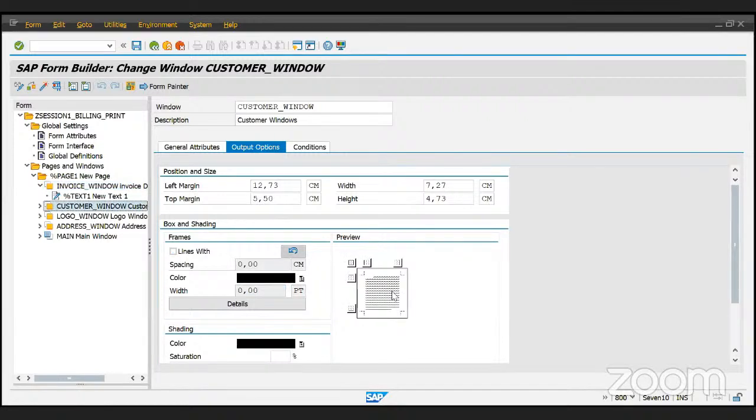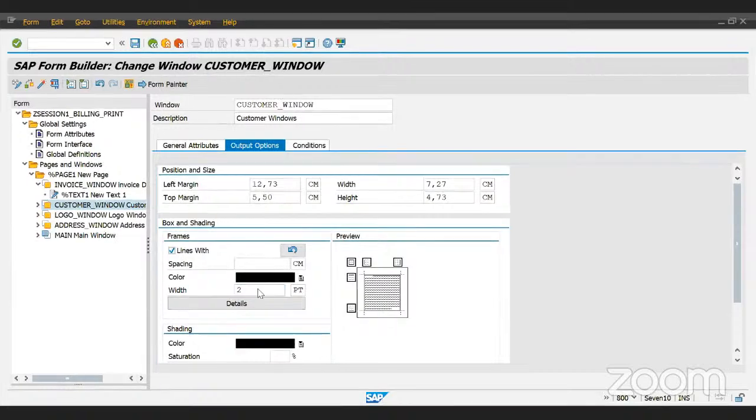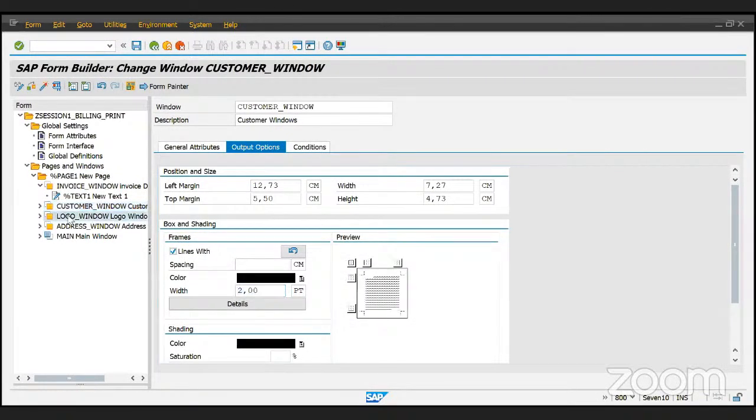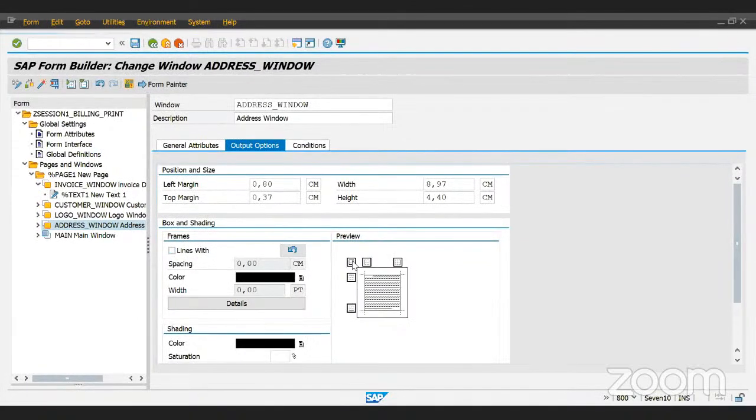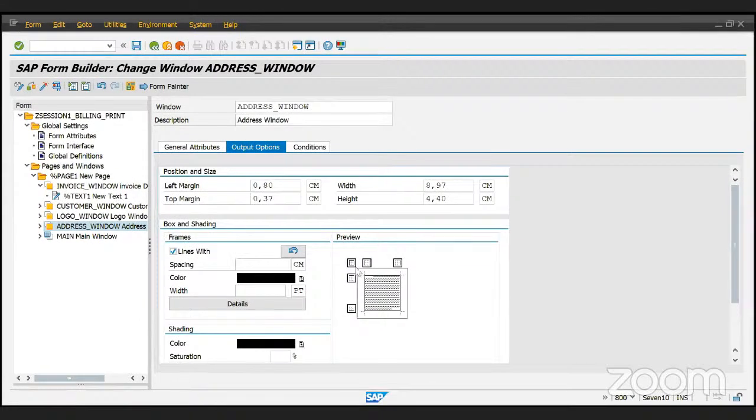For the next one also, same way: just click over here, click on this button, give the 2 point line. Then come to the third window, click over here, give the line, and then 2 point or 1 point. Let's try this time. Then go to the last window. Come here, give this option, and if you select this, all four borders will be created. If you go one by one, see, lower frame, upper frame, then left frame and the right frame. So one by one you have to